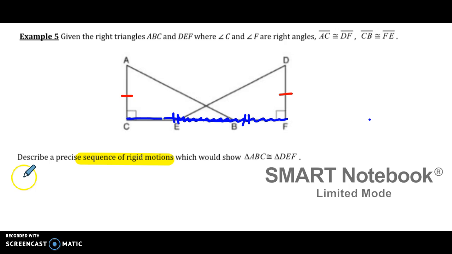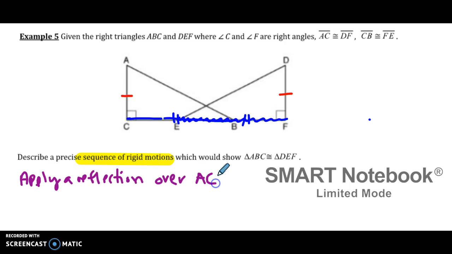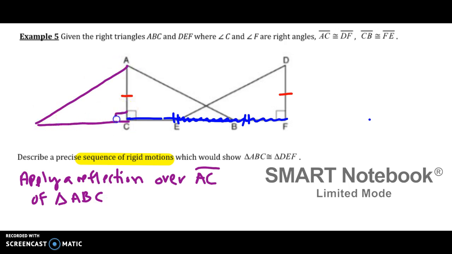So I'm going to apply a reflection over AC of triangle ABC. And so what will that leave me with? That will leave me with a triangle that looks like this. Okay, so that's after my first rigid motion, followed by,